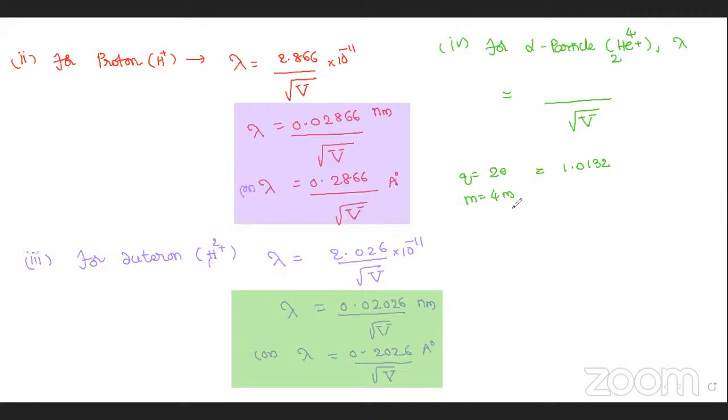M value I took here now, mass 4m. M means mass of proton: 4 into 1.67 into 10 to the power minus 27 kg. Mass number 4, so 4m. Charge number is 2, so 2e. E is 1.6 into 10 to the power minus 19. Right? Good. This is mass, and 10 to the power minus 27 means I will get 10 power minus 11 only again. Am I right, Nana? Yes, sir. That implies lambda is equal to, I am getting